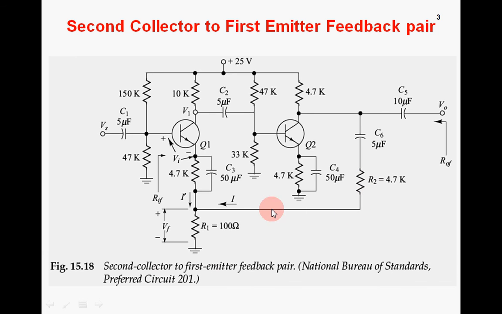And since at the input the feedback voltage across this resistance R1 is getting added with the input voltage Vi, this is a case of series mixing or voltage mixing, and therefore the name of the feedback topology is voltage series feedback. So basically here we are using two amplifiers which are connected in series, and the output of the second amplifier is fed back towards the input of the first amplifier.